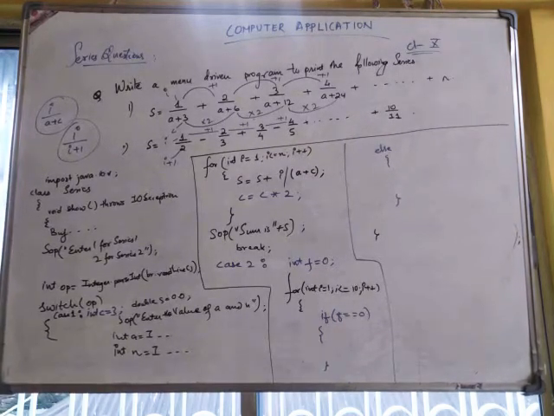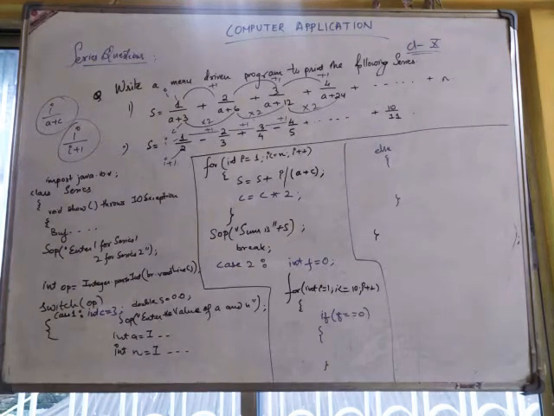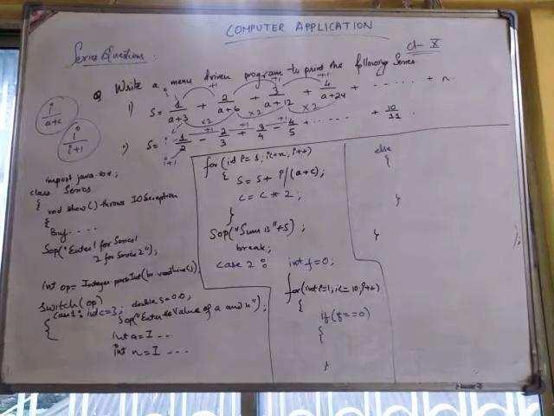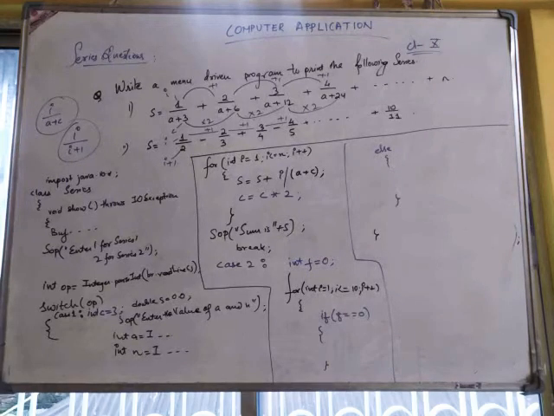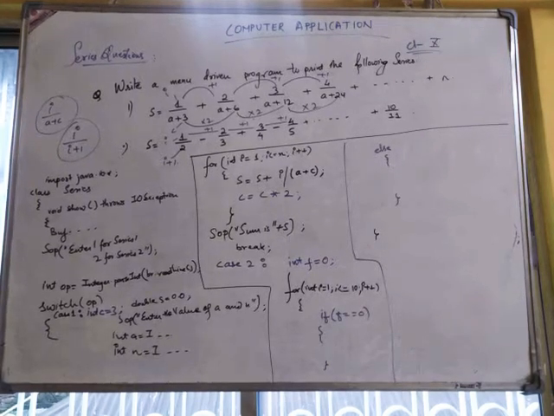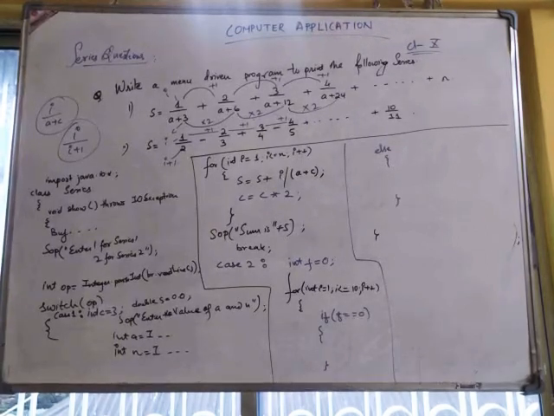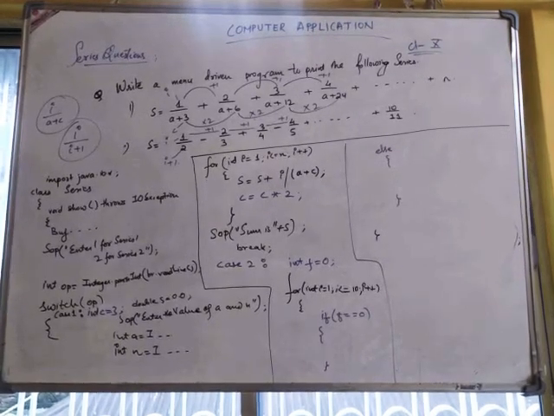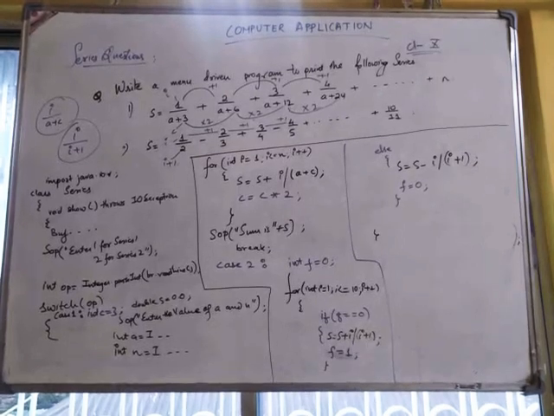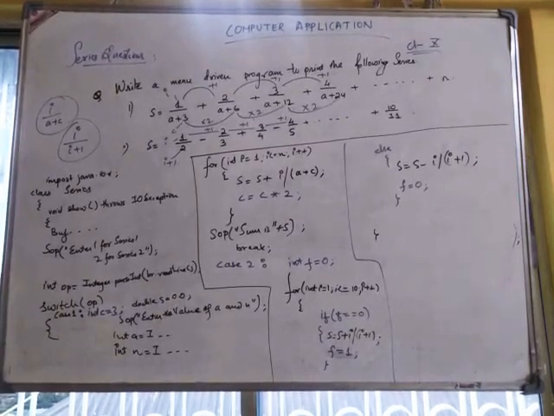If f double equals 0. At the starting the f value is 0. Once we have added the first one, the first term is plus 1, the second one is minus 1. The first plus terms will get added, then in the else block the minus terms will get added. Clear? This is how we'll do it. See, if f double equals 0, what we'll do is s equals s plus I divided by I plus 1. So what we did here is s equals s plus I divided by I plus 1.